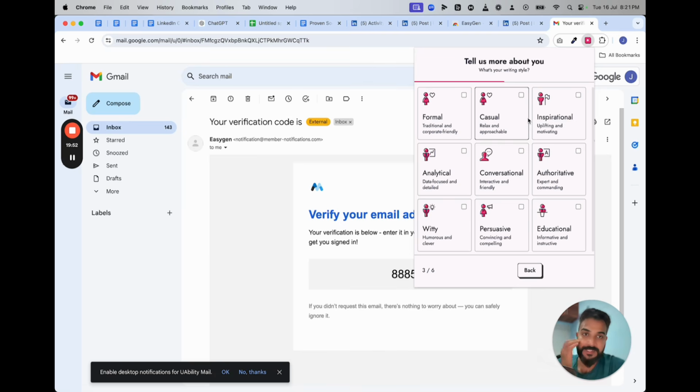What is my writing style? I'm definitely not formal. I'm witty, authoritative, casual, conversational, a little bit educational, persuasive, not very analytical, honestly.